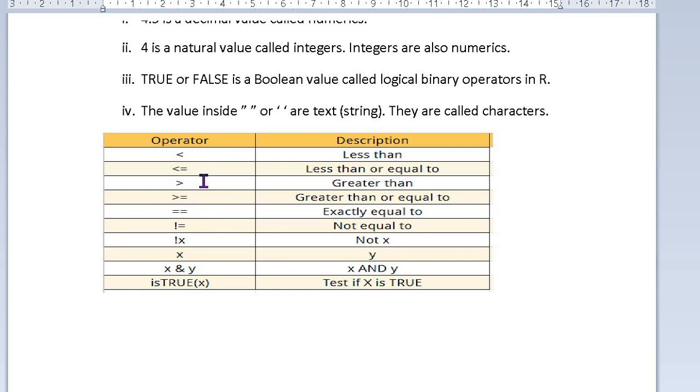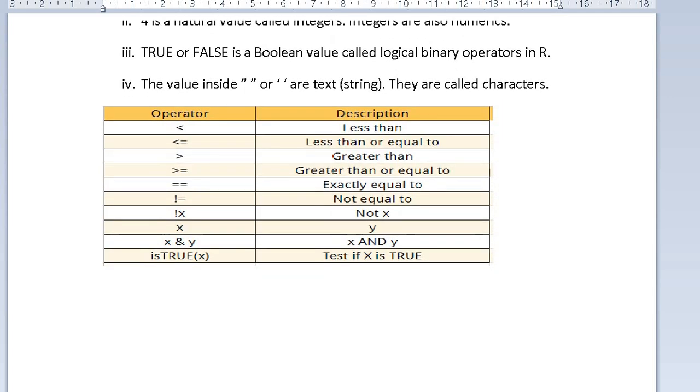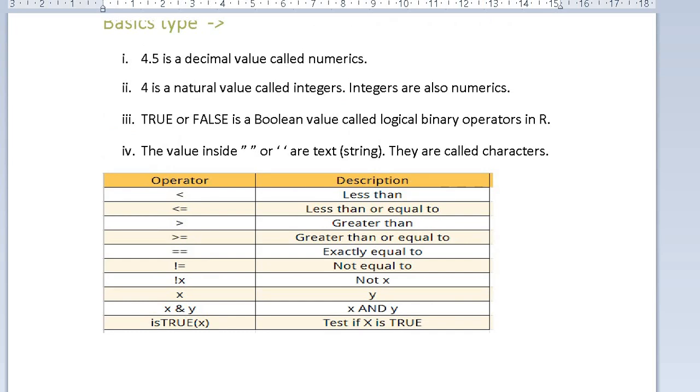So there is less than, less than or equal, greater than, greater than or equal, not equal, and not, and then x and y, x or y operators I also use, and is true and false. All these are called the arithmetic operators.